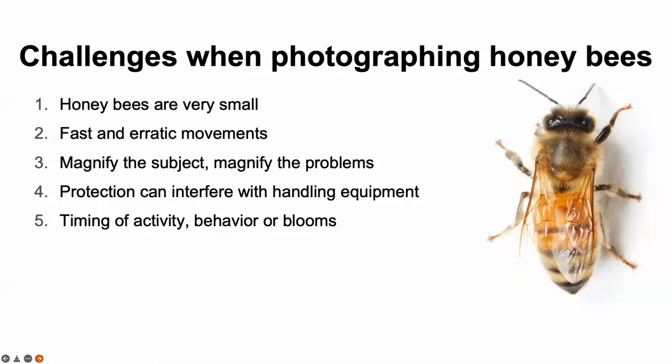So the other thing is honeybees are very challenging for photographers. Honeybees are very small, which makes them difficult. They're fast and erratic. And it's the erratic part that makes them extremely difficult to photograph. Because I'm sure you've all tried to photograph bees, and they just run everywhere, and they don't take your direction in any way, right? Because they're so small, you have to shoot at higher magnifications, and whenever you magnify something, you magnify its problems, the difficulty of doing it. And then you're trying to do it with a veil on, and some of you probably gloves on too,